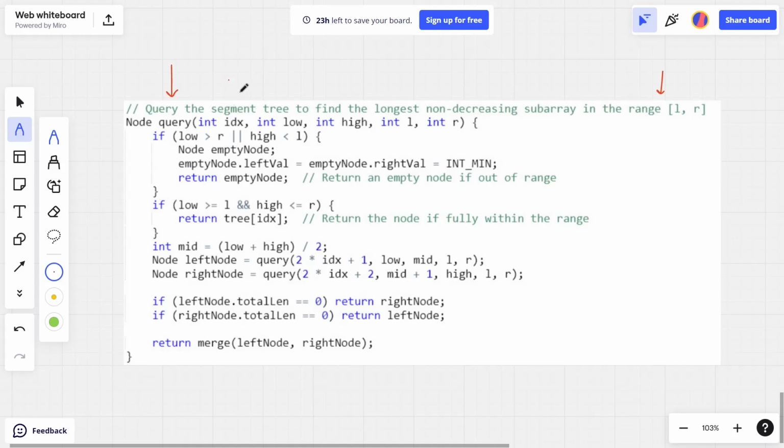Okay, so we are getting index, low, high, and also L and R. So what are L and R? These are the range in which I have to return the maximum. I have to return the node which has the value of the longest non-decreasing subarray in that particular range. Okay, so if low is greater than R, it means that